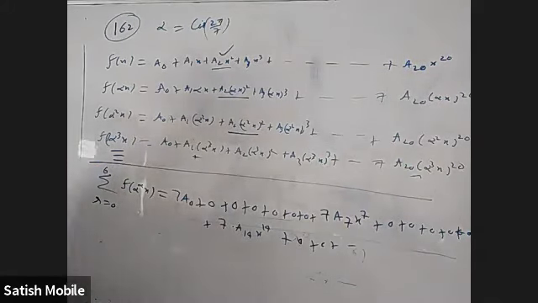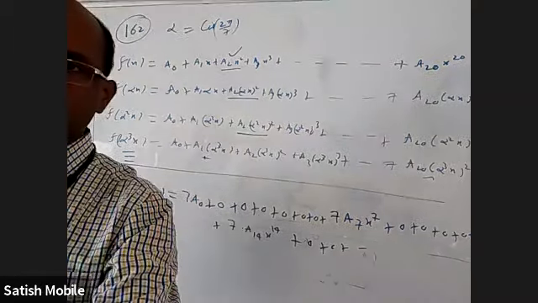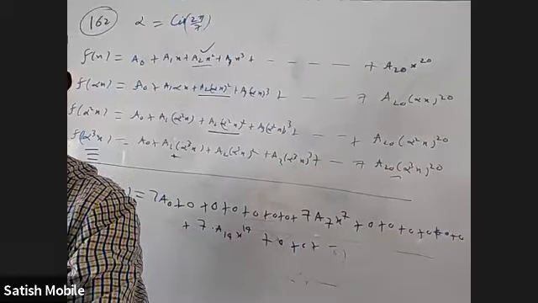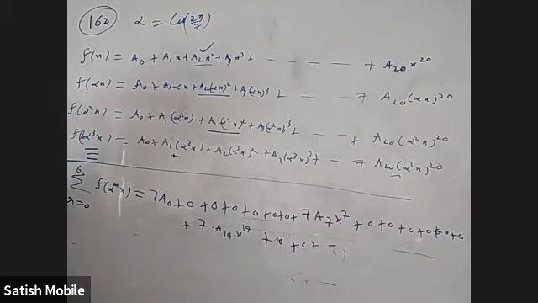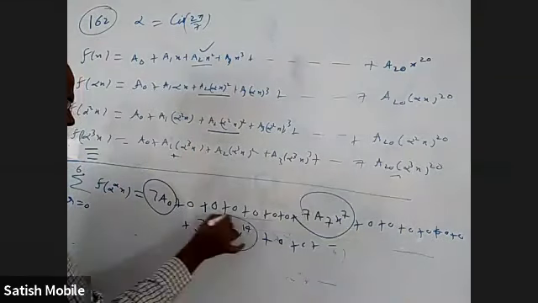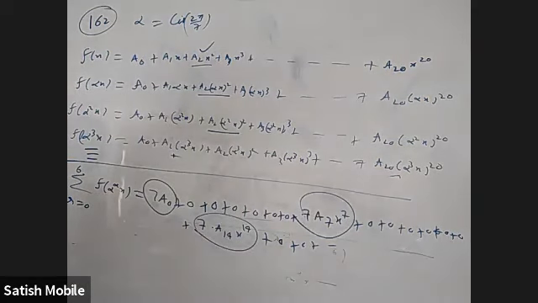Okay. So this is mainly based on the nth roots of unity, that sum of them is 0. Sum of their squares is 0. As long as the power is not a multiple of n, it is 0. When the power is a multiple of n, it is n itself. So answer is this part, and this part. So here that answer is 7 into a naught plus a7 x power 7 plus a14 x power 14.